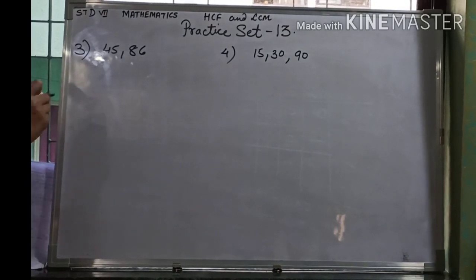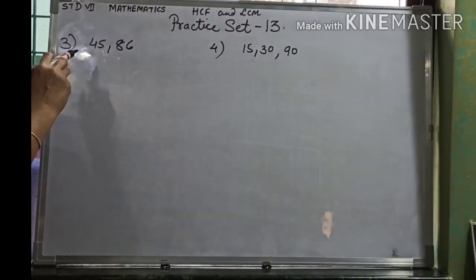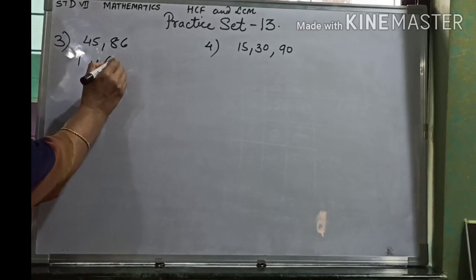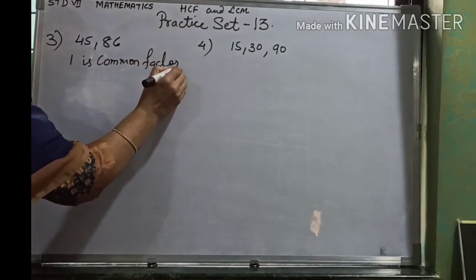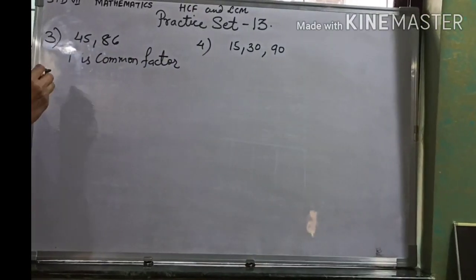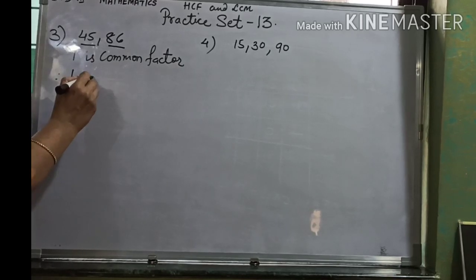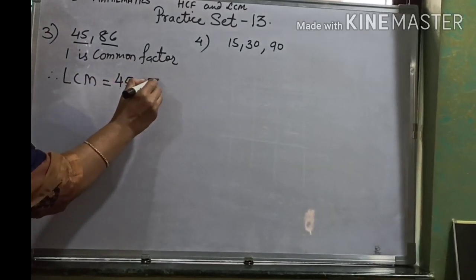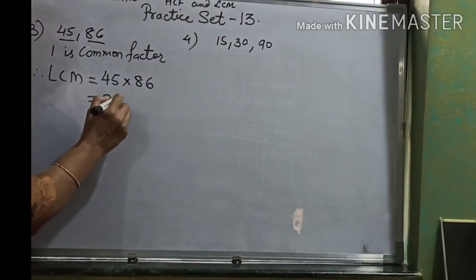Now let us take the next example, 45 and 86. But if you observe, this is a co-prime pair. Only 1 is the common factor. So in such a case, what you have to do? You have to multiply both these numbers. Therefore, our LCM will be 45 multiplied by 86, which will be, after multiplication,